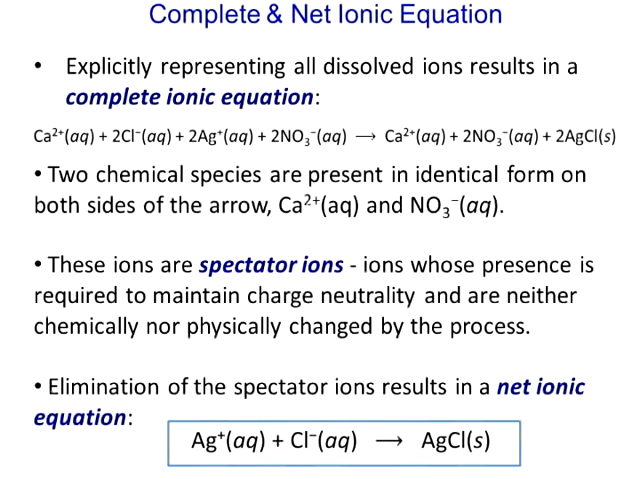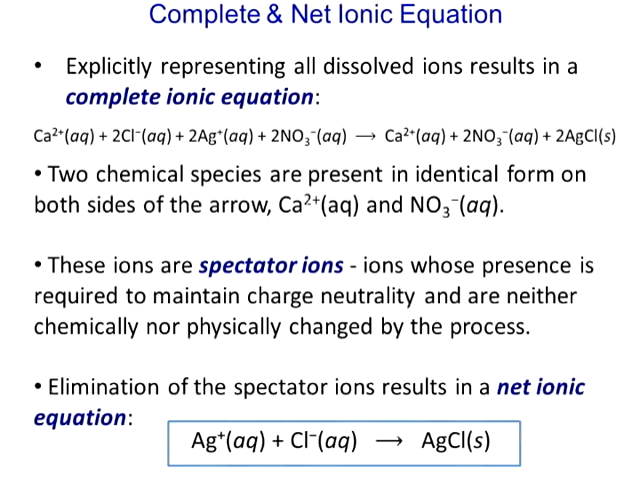So, how do we manage these equations? How do we write these equations? Explicitly representing all dissolved ions results in what's called a complete ionic equation. So you have to write what's called a complete ionic equation. So in the case of calcium chloride plus silver nitrate, we write them on the left side equation as AQ. What we discover is that when we get to the right side equation, silver chloride, which results from this reaction,